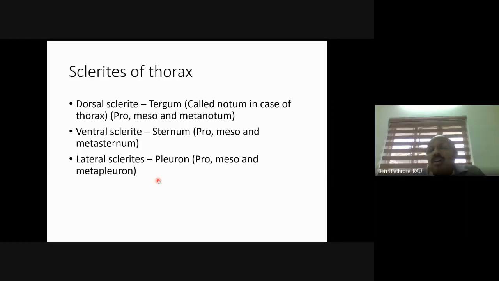So this is called as the sclerites of the thorax. The sclerites of the thorax are extremely hardened, because these are meant for locomotion. Lot of strength is needed, because the body wall should be extremely thick and hardened, so that the wings can be attached to it. Wings have to be moved. It has to have enough strength. Legs are attached to the thorax. It should have enough strength. That's why the sclerites in the thorax are heavily thickened, heavily sclerotized, and that's why we have discussed about its sclerites, dorsal, ventral, and lateral sclerites of thorax.